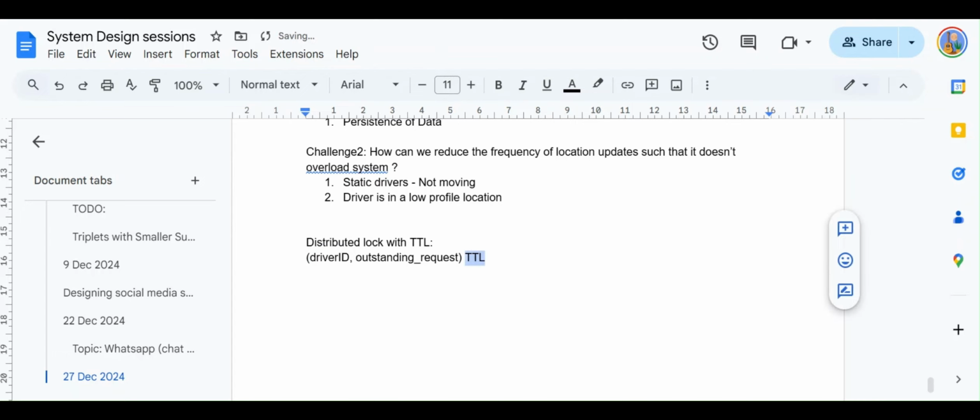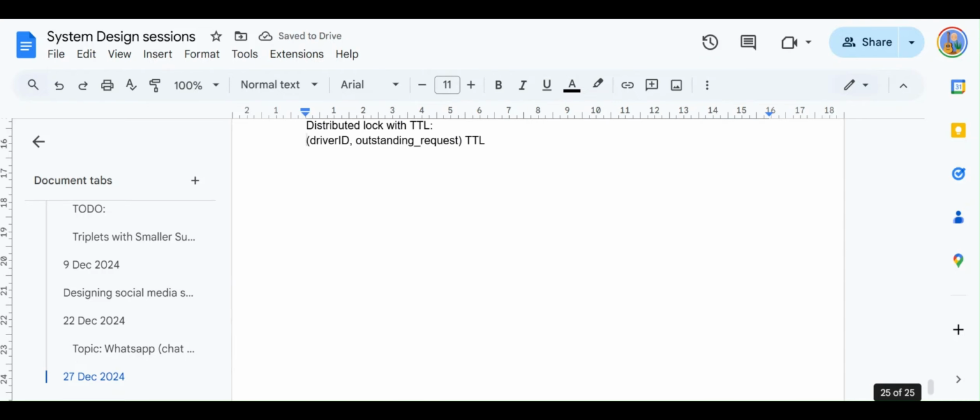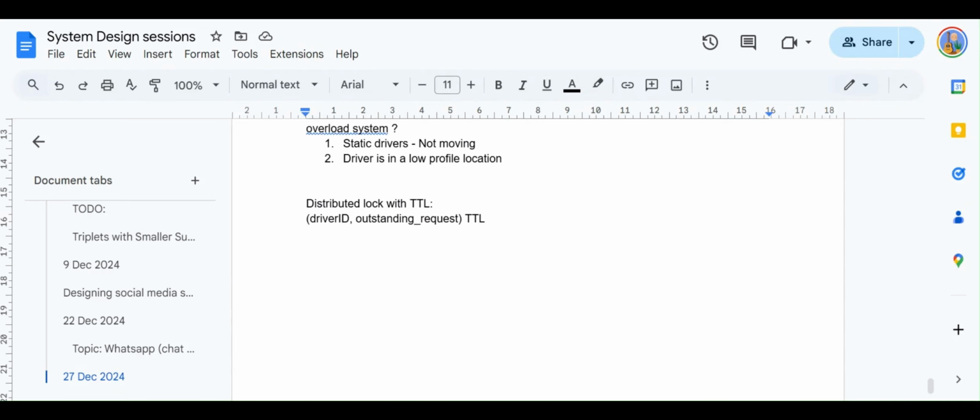So what really happens is you can put a TTL with that record. So this record will automatically get deleted after the TTL is over. You don't have to do anything. Redis will automatically take care of deleting it. Your application layer does not have to continuously go and check whether the timer has elapsed or not.